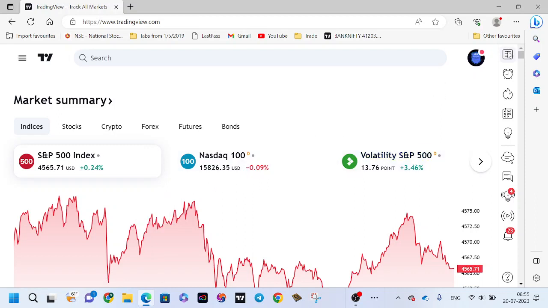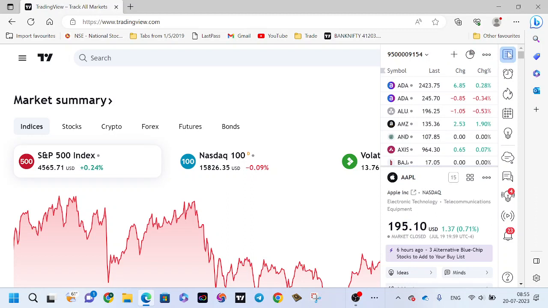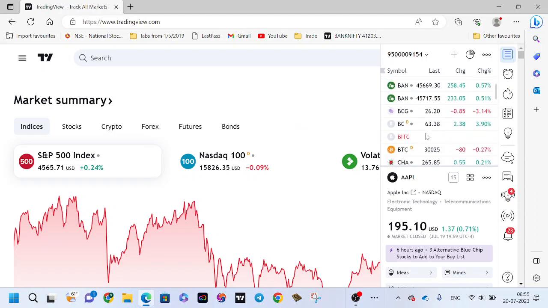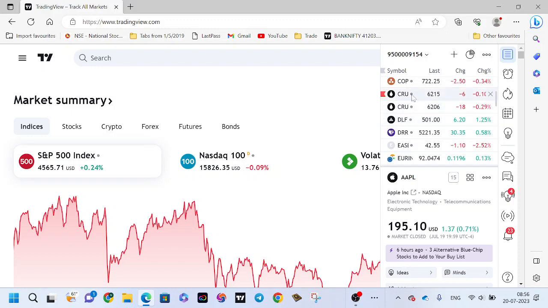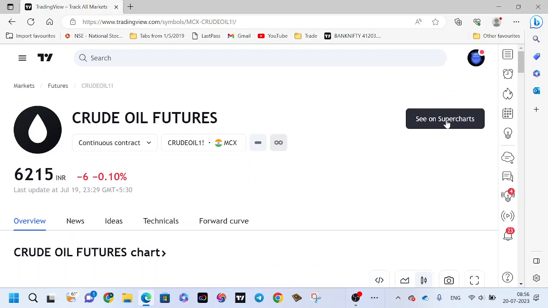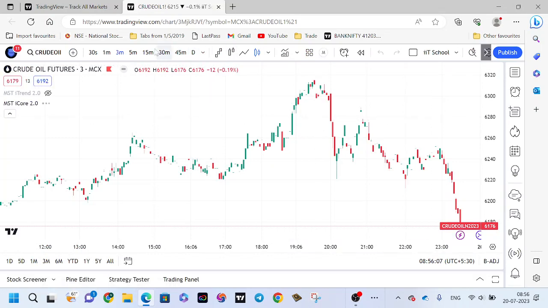And next thing, yesterday before BANKNIFTY had given the buy entry, we had posted in many groups as well as in our own Telegram group. Screenshot we have posted. And people asked me, sir, I am interested in gold. Let me show you crude oil also. Yesterday I had shown you crude oil, right? So I will show you today crude oil as well as gold. Because crude oil is the black gold, right?